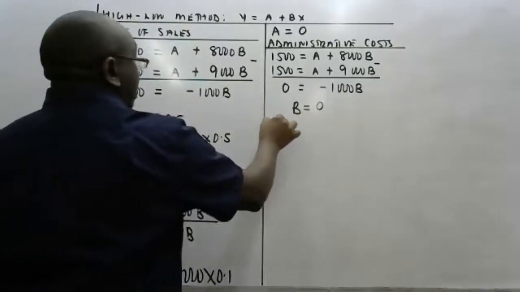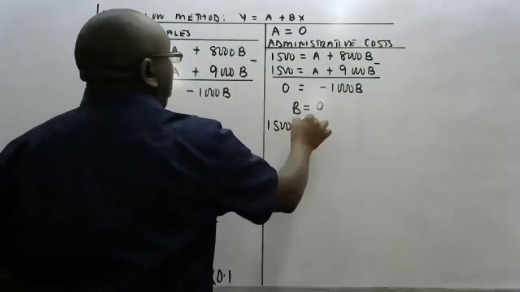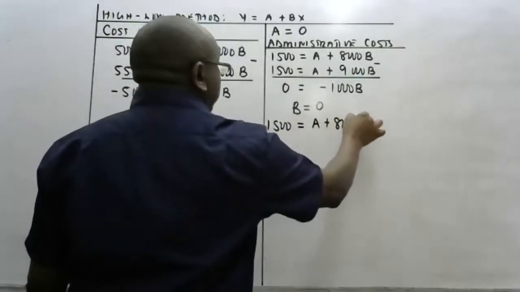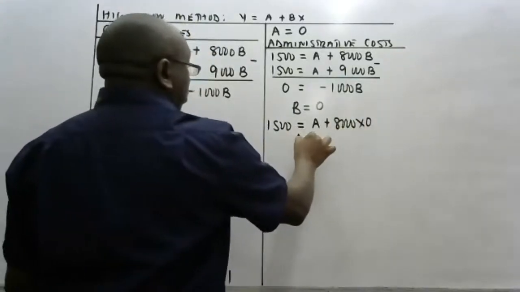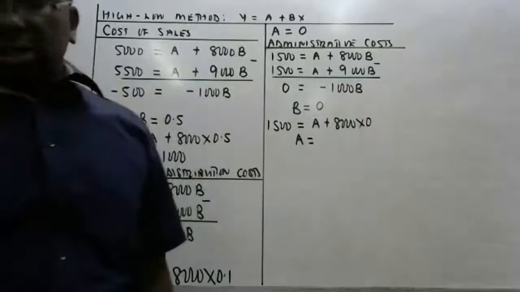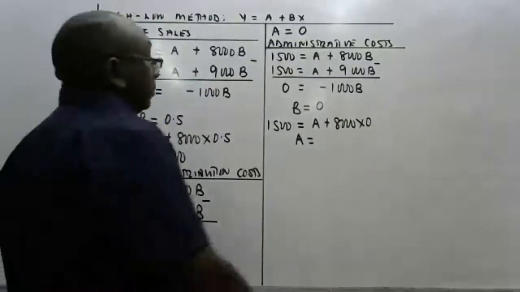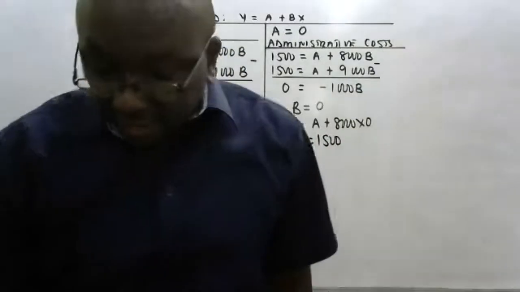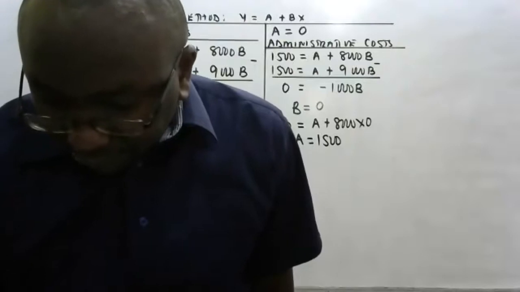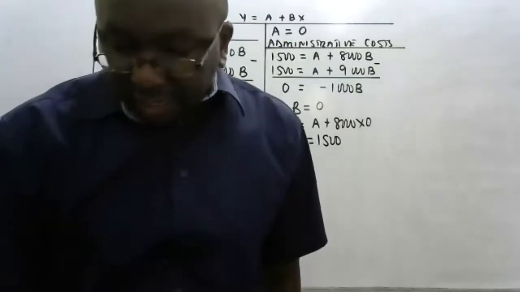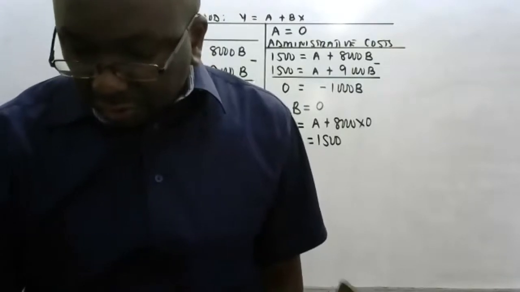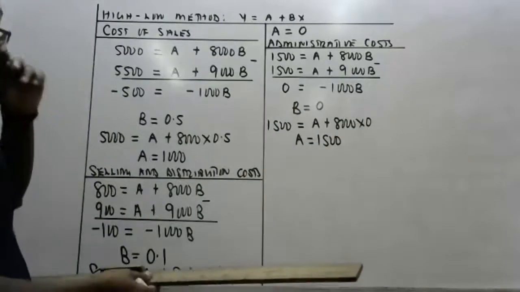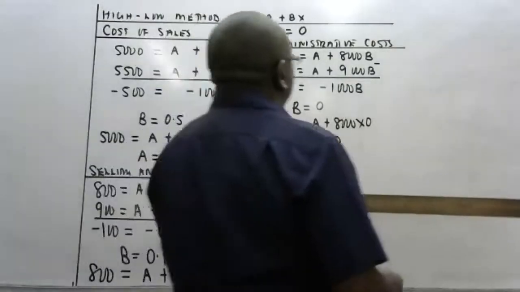So you take 1,500 being equal to A plus 8,000 times 0. So that tells you that A is what? 1,500. A is 1,500. So with that, the examiner had required you to split the costs. Split the costs. So the summary